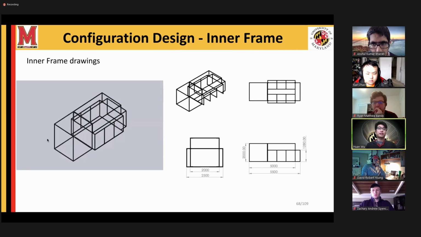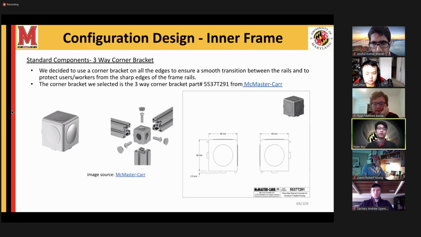The next subsection is the inner frame, which fits within our goal of fitting within the US standard parking space, which has dimensions of 2.5 meters by 5.5 meters. So the first standard component is the three-way corner bracket. The flat edges allow us to flush mount the outer panel on the rails and avoid any user or worker